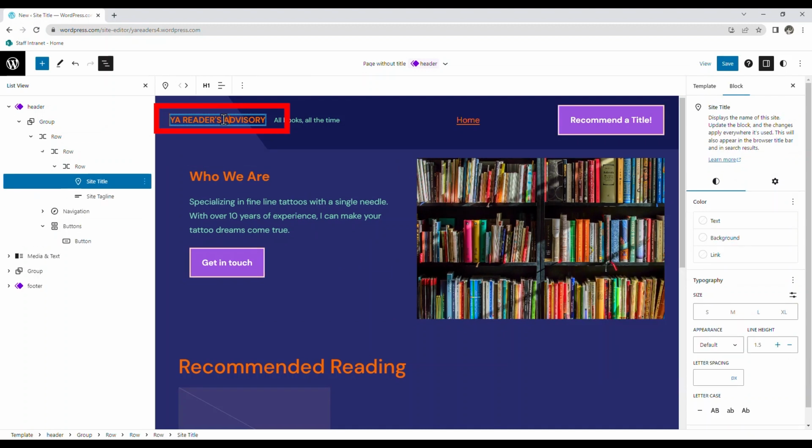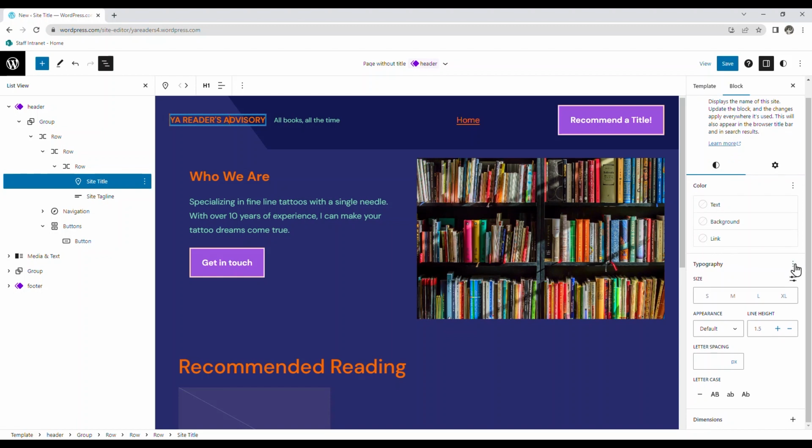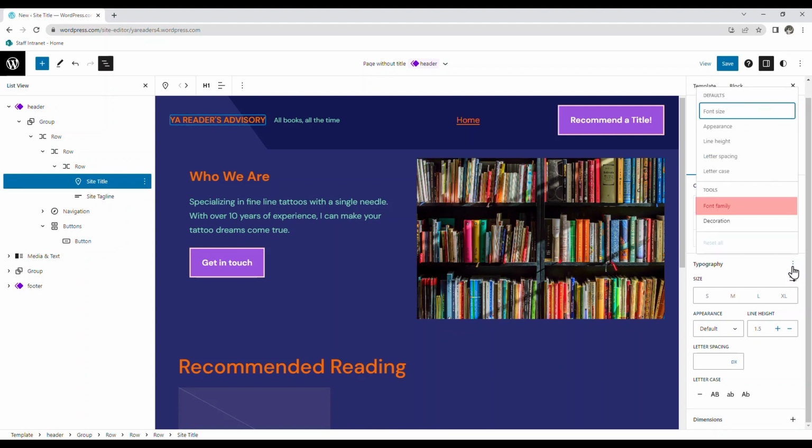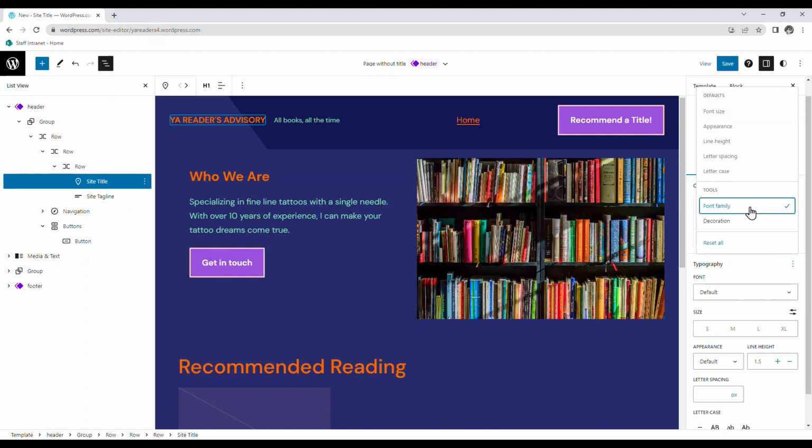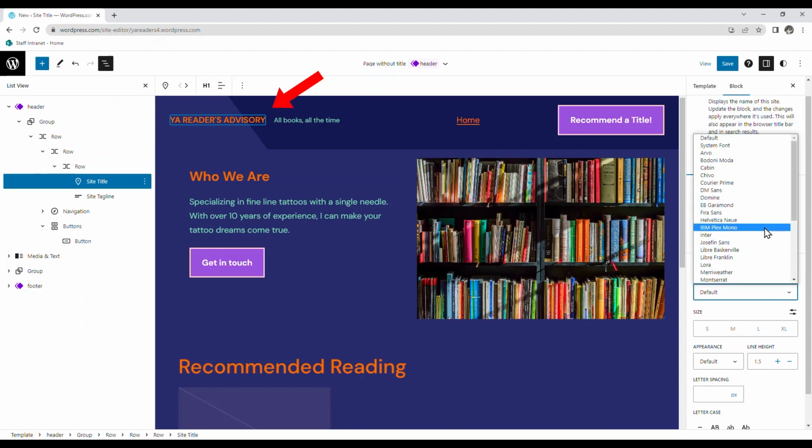I'm going to start by selecting my site title, and then under the color options in the settings menu is a typography menu. I don't see an option to change the font, but if I click the More menu icon, I can choose Font Family, and that adds the font choice to the menu. Don't ask me why. There isn't really a way to preview the fonts other than just applying them to some text on your site. So I will try a couple, but ultimately I'm going to go with this one called